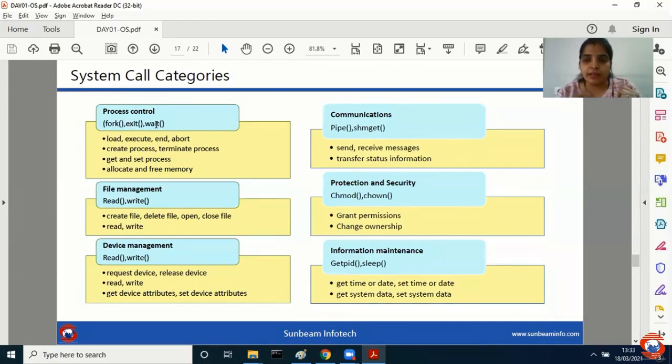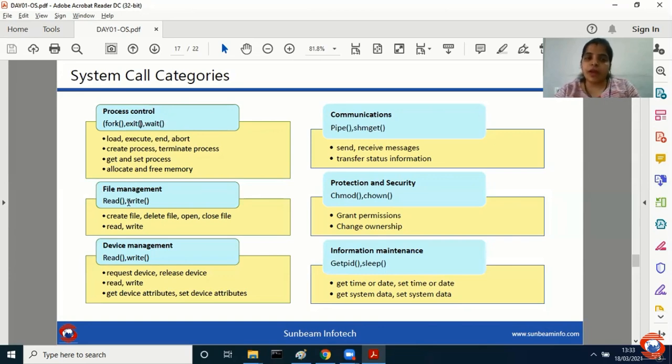When you say wait, sometimes you might have received some pop-up box or error in your system. This application cannot be opened, or it takes a little time for opening. Do you want to exit or do you want to wait? So जब आप उसको बोलते हो please wait for some time, so that means internally wait नाम का system call होता है. So these are the actual few names of system calls that I have included in each slide.